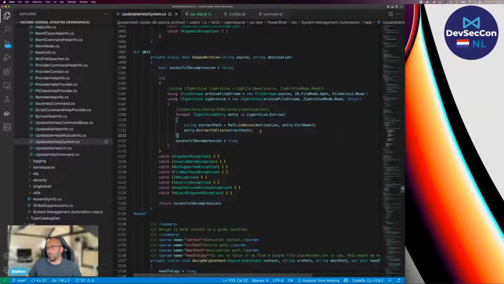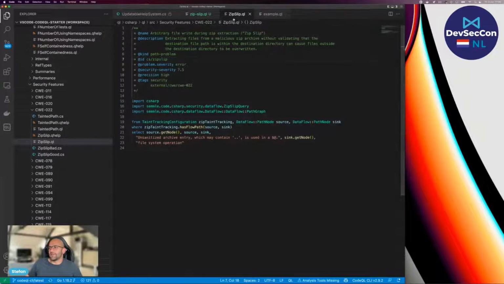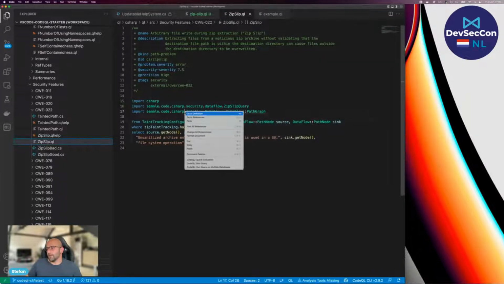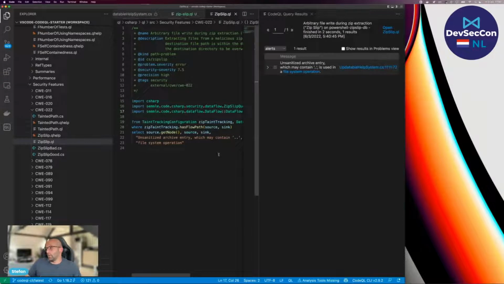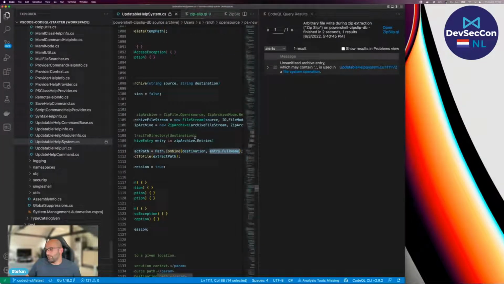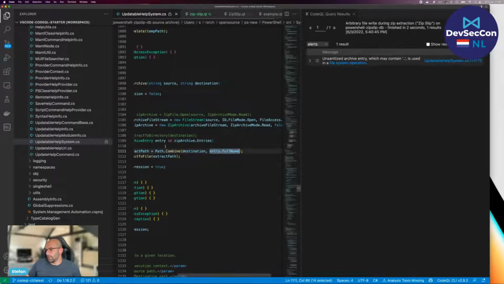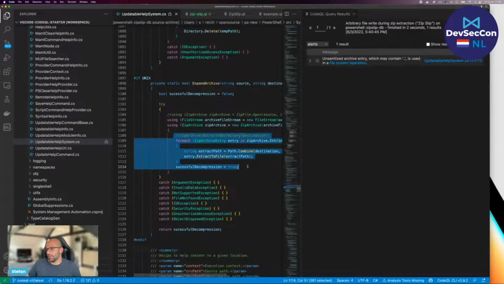Now, how do we actually write a query? We can write our own query, or we can reuse a query. This one in itself is the zip slip query that has been written and published and is now part of the default CodeQL query pack. We can simply run this against our code base, which is now PowerShell. We can run the query. It can take a bit, and we will see this query find the same vulnerability